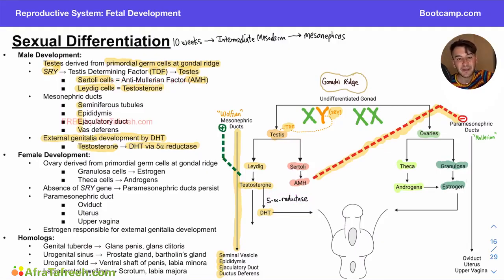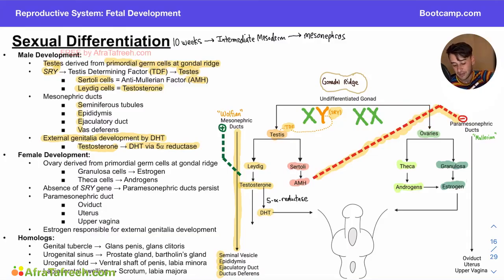Let's move on to talk about the development of our female phenotype, and it's going to be pretty easy to understand because the male is quite complex, and if you can understand the male, the female is a breeze because it's just the default. So we're back at our gonadal ridge, and let's say we don't have a Y chromosome, we just have our X chromosomes. We are not going to be able to produce testes-determining factor, and so the default is going to be go to ovaries. So we will get ovaries, and then instead of testes, our ovaries are going to be producing